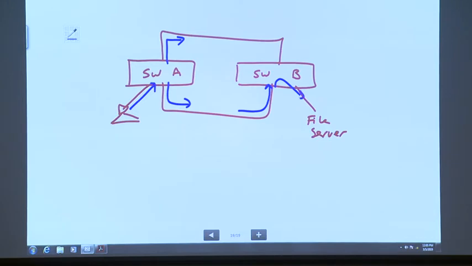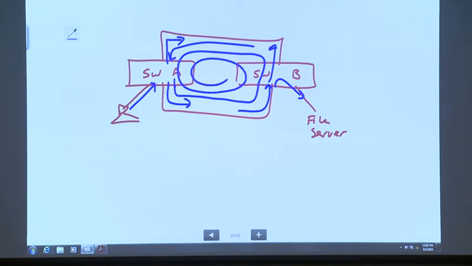It's going to go down here, but it's also going to go up here, which means it's going to come around here, and this one is going to go, well, he's in that direction. And this is going to go, no, he's in that direction. It's just going to do this. Is that going to bring down my network? Yes. So this is what happened when they first developed switches, and they didn't think about this. So what they decided to do was come up with a solution to this problem. So they created something called